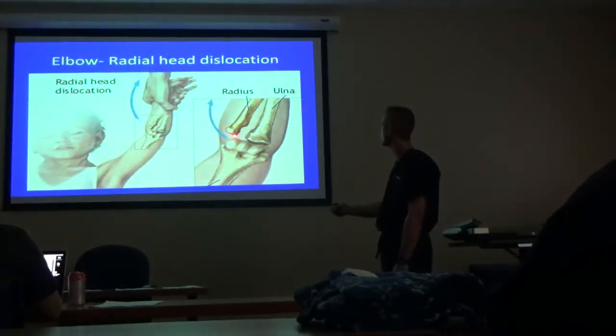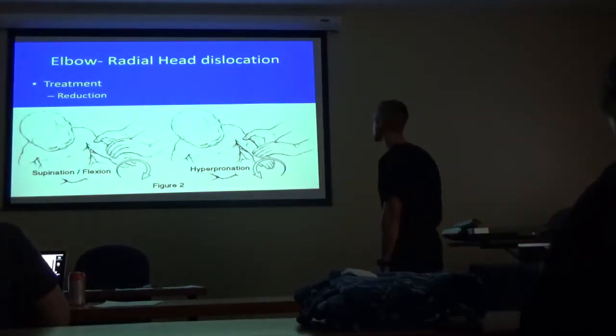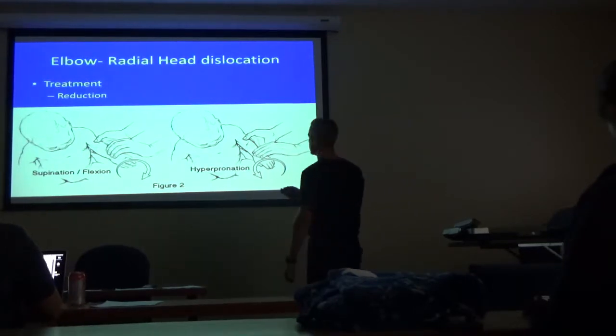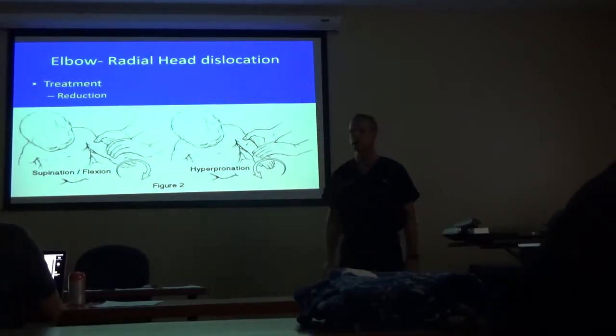So here you go, just a little bit. Radial head dislocation just kind of pops out. And the treatment is supination, flexion, and hyperpronation. So what you'll do a lot of times,